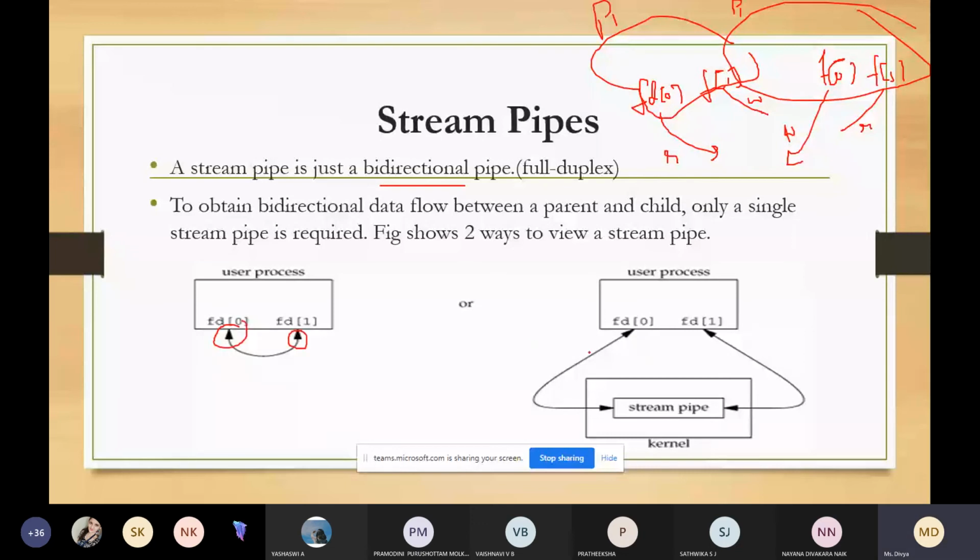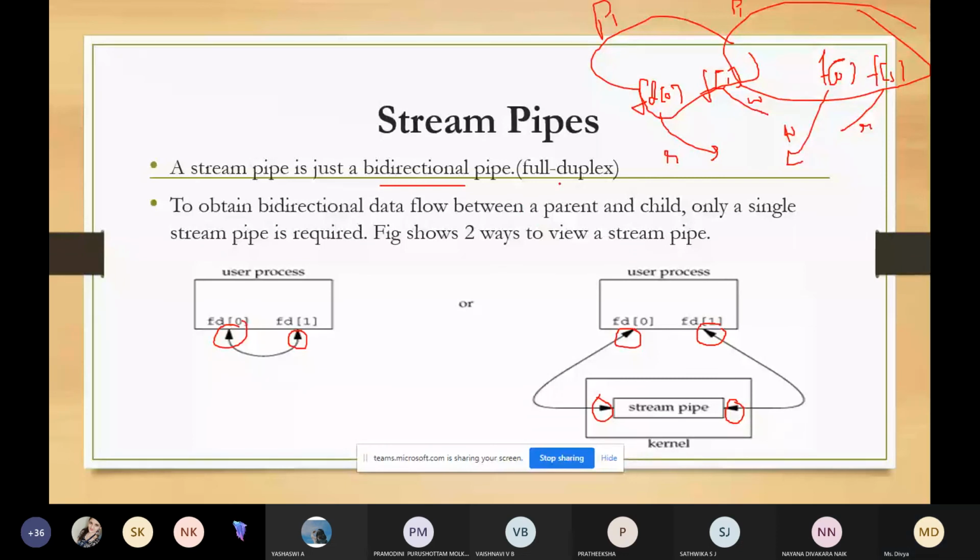You can see this in this diagram also, arrowheads in both directions. Whereas in the previous simple pipe, we had only one arrow, not both. Here we have arrowheads on both ends, and that is what we call a bidirectional pipe or full duplex pipe.